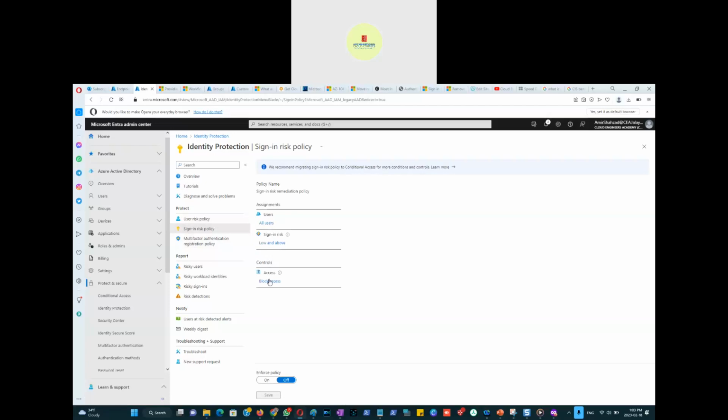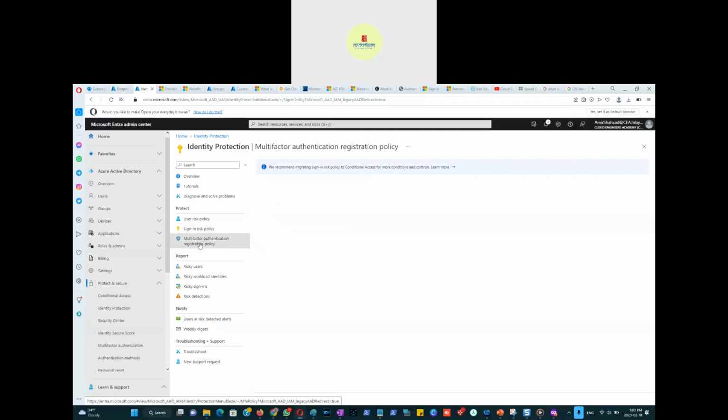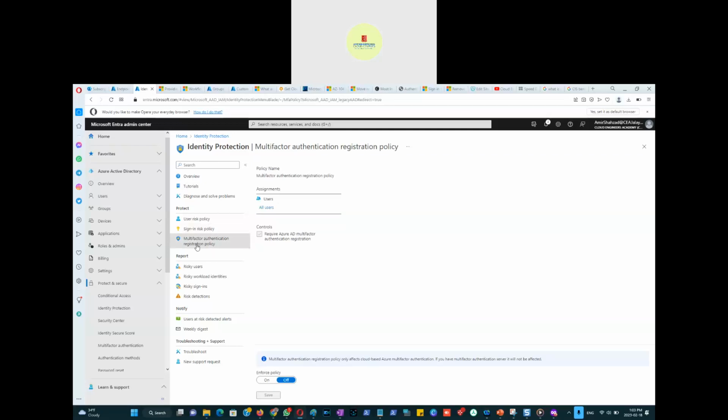Okay, I saw some of the alerts there that this user logged in from multiple accounts, or there's a virus attack there, or vulnerabilities keep coming back or malwares keep coming back. So this user is very careless, and he or she is downloading a lot of stuff here. So you can block that user yourself. Multi-factor authentication registration policy. Well, every user is able to do multi-factor authentication. There, we go for registration. There is also enforced policy. Multi-factor authentication registration policy only affects cloud-based Azure multi-factor authentication. If you have multi-factor authentication server, okay, server was on premises, but it is not really